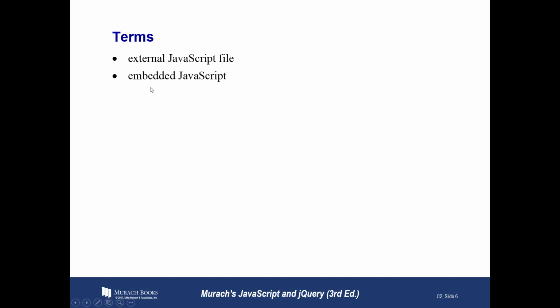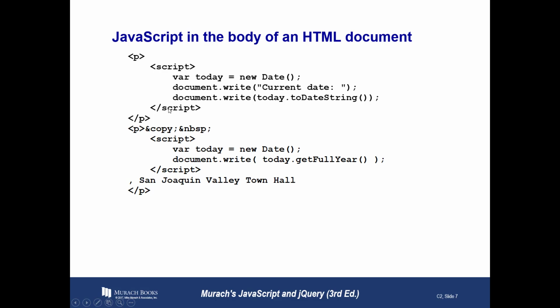A CSS file should hold only CSS, which is going to work with the aesthetics of a page. A JavaScript external file should hold only JavaScript. Okay? All right, so here's JavaScript right in the body